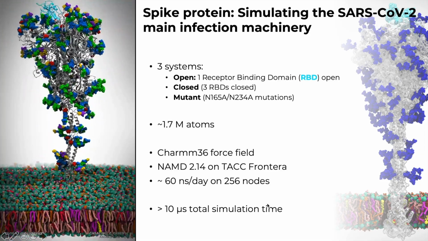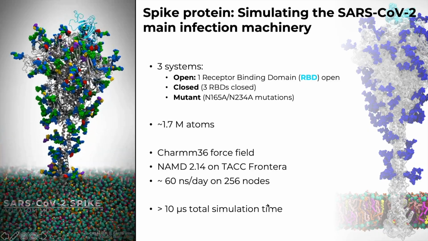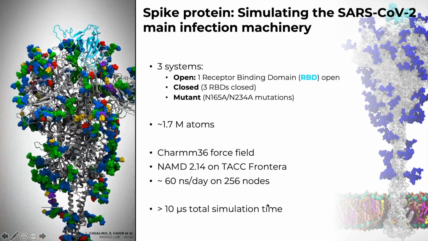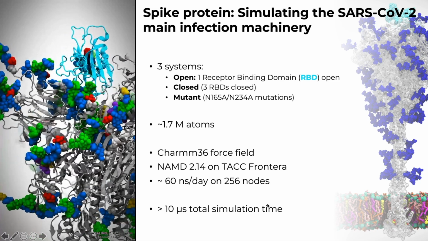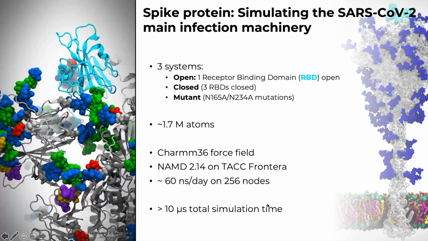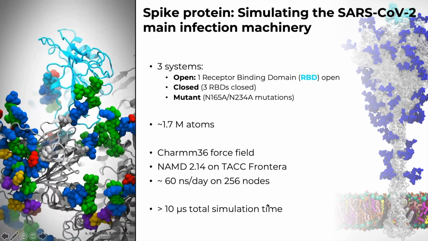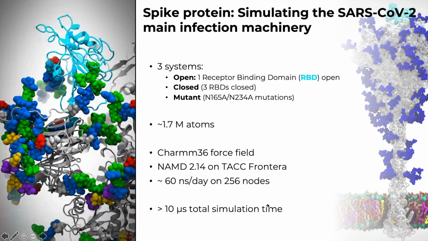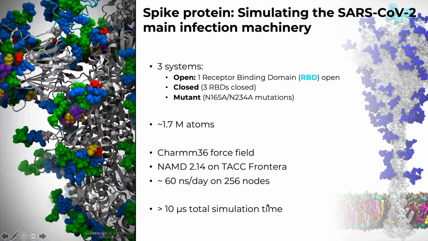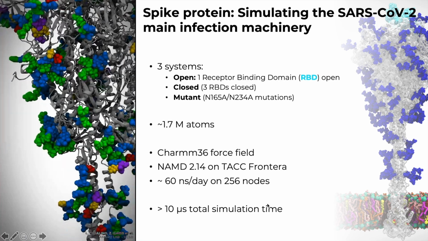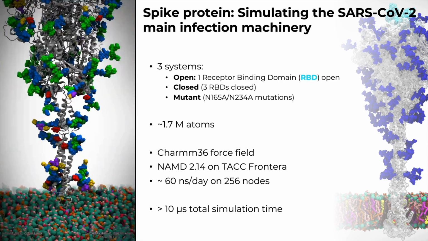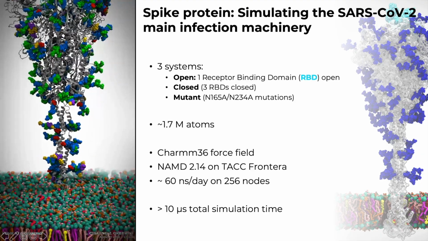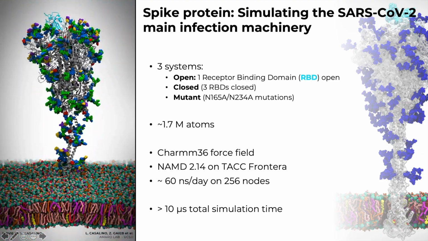A couple of things I want to bring your attention to: those little balls that are hanging off of the structure, they look like Christmas tree ornaments. Those are the glycans. One of the main challenges here is that experimentalists cannot see what those glycans look like. So this is a place where HPC really has a lot to give, and that's why it's one of the big science outcomes of this effort. I also want to bring your attention to something called the receptor binding domain, which is this little blue bit at the top of the spike.